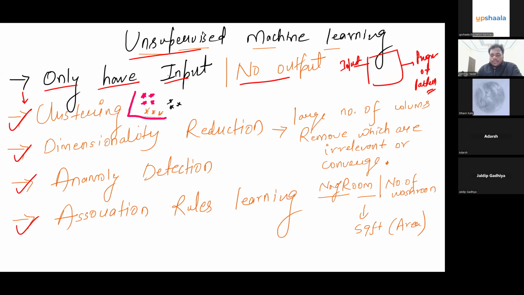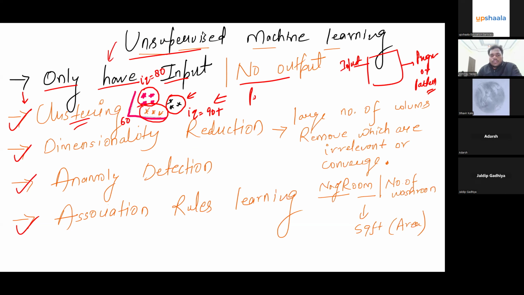Taking the same example, suppose in clustering there is a group of people having an IQ greater than 90 plus, so they will come under one category. Suppose another group of people has an IQ of 80, so they come under another category. People with an IQ of around 60 will form another category. So clustering basically means forming small groups, and this is one application of unsupervised machine learning.